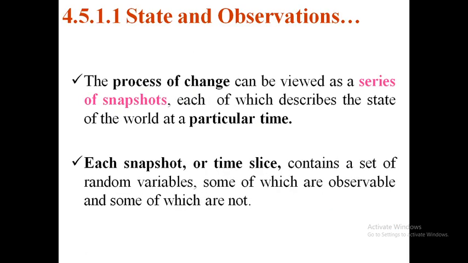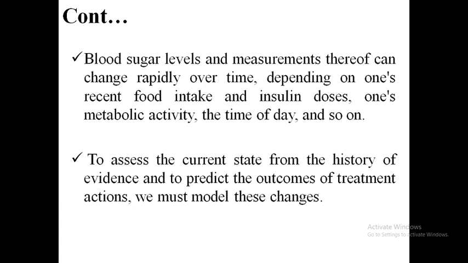Okay. Now, state and observations. Now, with the example we have given, this heading already. Why? Because what is the present state and what are the observations you made at the present state? Because a change in any state does not happen in a single step. No, not at all possible. So there may be a sequence of steps which are relevant to time. Then there will be a change in the state.